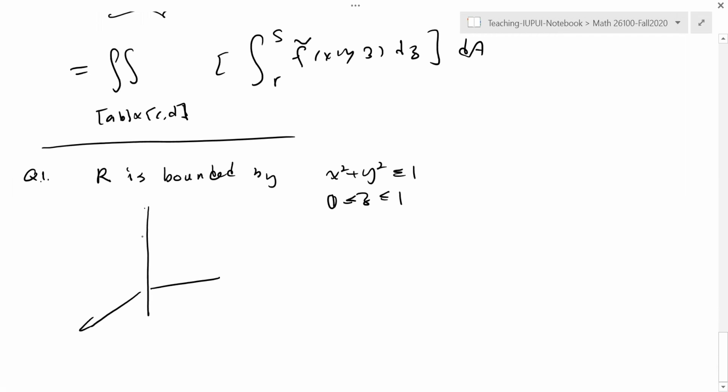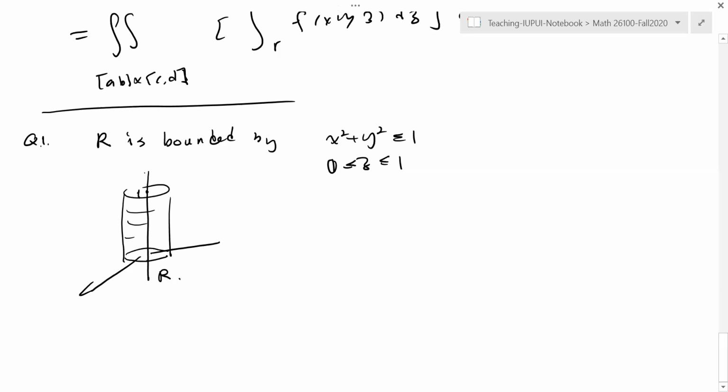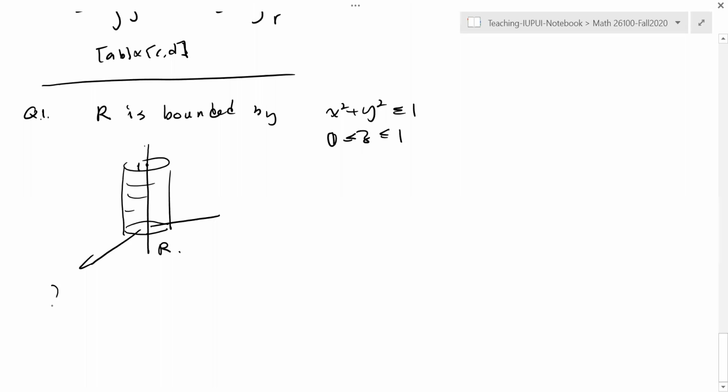Okay, this is the domain R, the cylinder. These are from 0 to 1, and x squared plus y squared is less than or equal to 1. So this is a solid. It's a cylinder. Okay, this is my R. So we try to